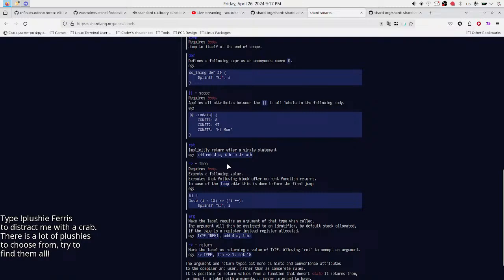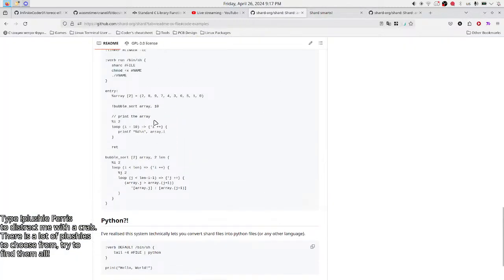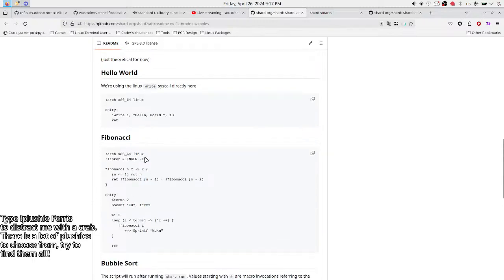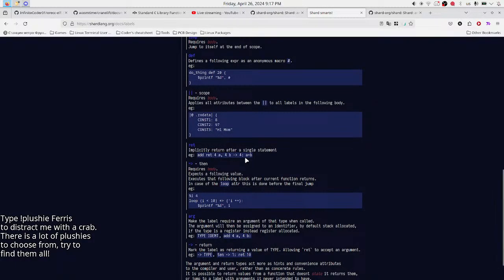Add returning, takes A for B. Why is it here? Types are before names, and here they were after, an inconsistency. Yeah, if I understand this correctly, it just returns A plus B.